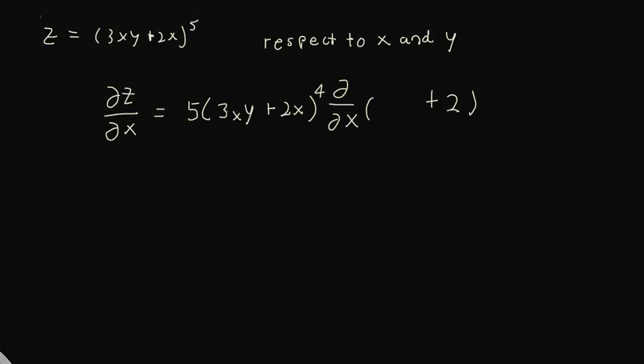But in this case, if it's 3xy, what will it be? Well, y is not changing, so y is going to be fixed, and 3x, just like how we did with 2x, we're just going to be left with 3. That was the answer when we take the partial derivative of this thing. But if we rewrite this whole thing,